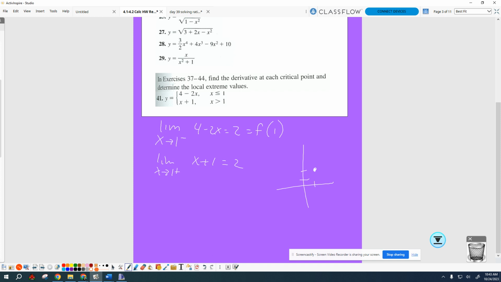Really, I would do this graphically. This side is what? 4 minus 2x. This side is x plus 1. The absolute minimum is 2. There is no maximum because it goes on forever. We could do the long way and do the derivative. It's negative 2 here, and the derivative over there is positive 1. The slope went from negative to positive, so